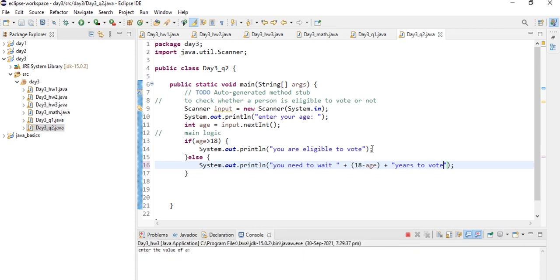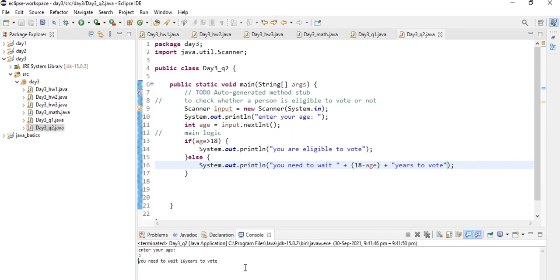Let's execute the program, and suppose I type the age is 2, you need to wait 16 years to vote. That is 18 minus 2 is 16, and 2 plus 16 is 18.